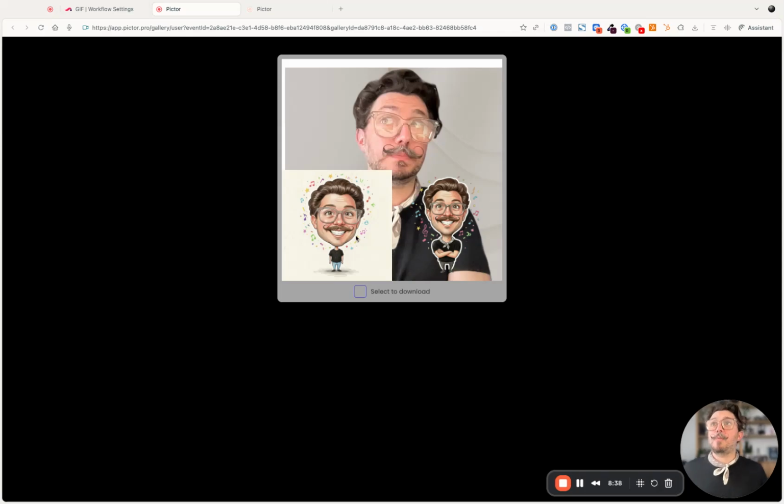So now you see in the output our AI illustration, one not cut out, one cut out. These are actually two separate renders, so there's variations in it. So we can